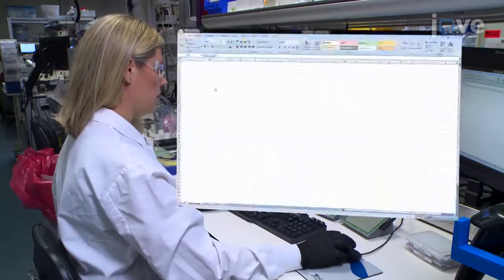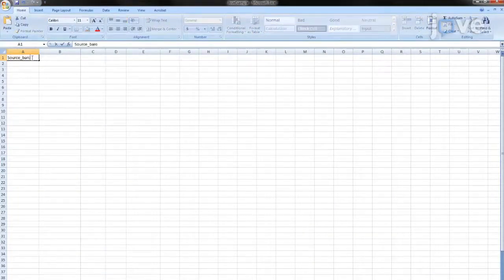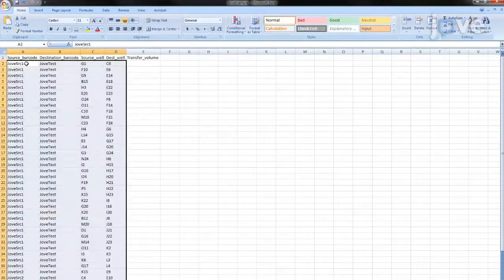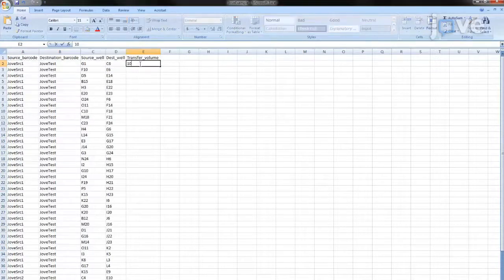To set up a semi-automated plate-to-plate sample transfer, use a spreadsheet editing application to generate a CSV file containing source and destination plates, labeling the columns source barcode, destination barcode, source well, destination well, and transfer volume. Under the columns, include one row in the file for each desired pipetting operation, indicating the alphanumeric barcode of the